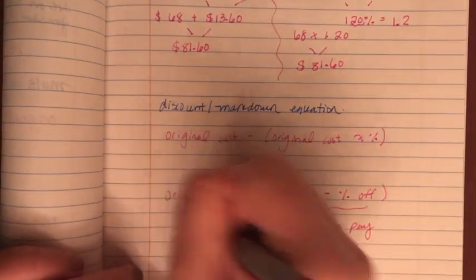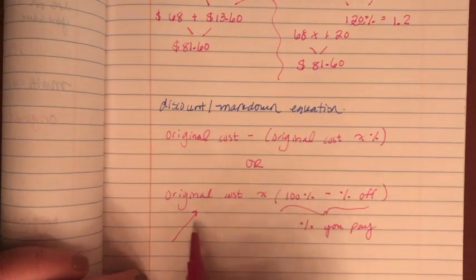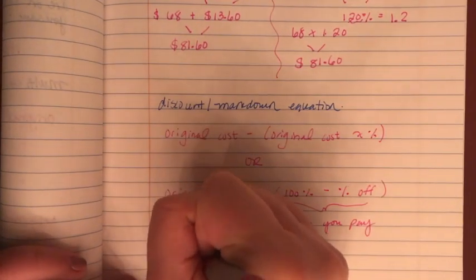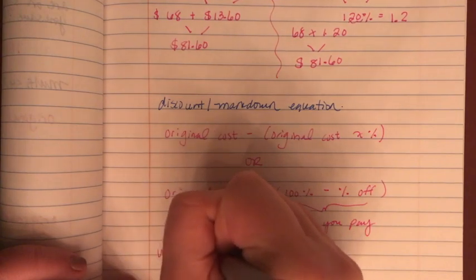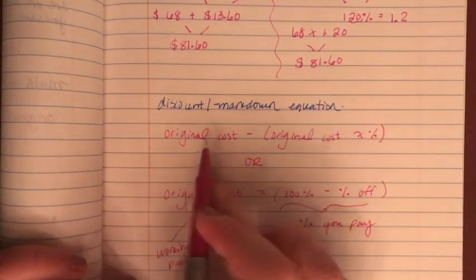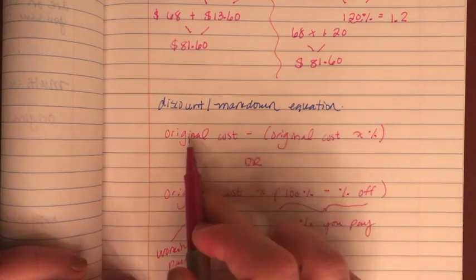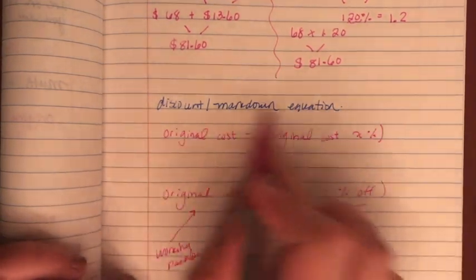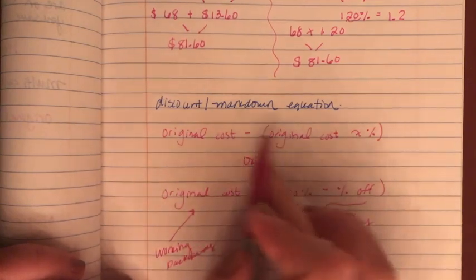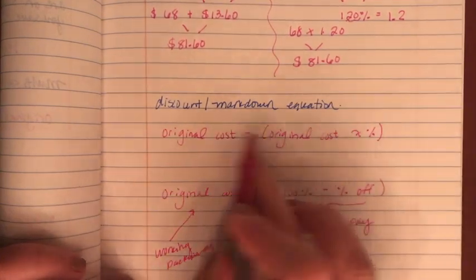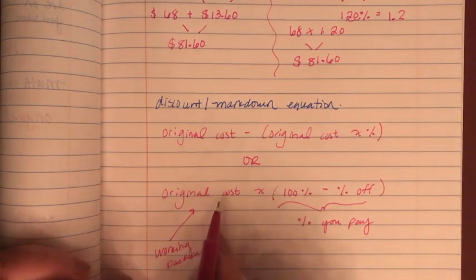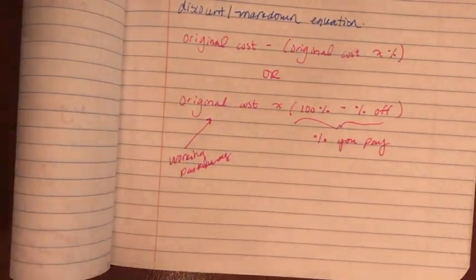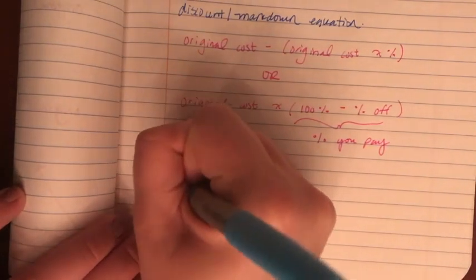And remember this equation, not this one. This one is going to be the equation that you use for working backwards. Because you could distribute and try and work backwards that way, which you would really just end up with this equation here. But because there's two original costs, you can't really work backwards to find the original cost with this equation, where here you can. So an example of this would be a sweater